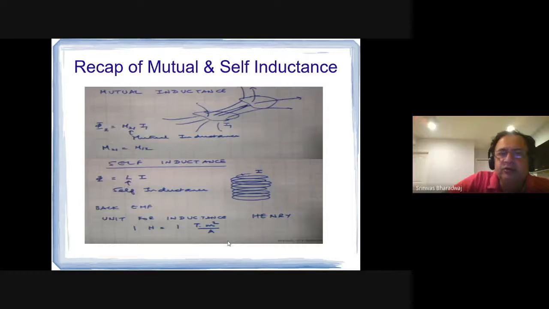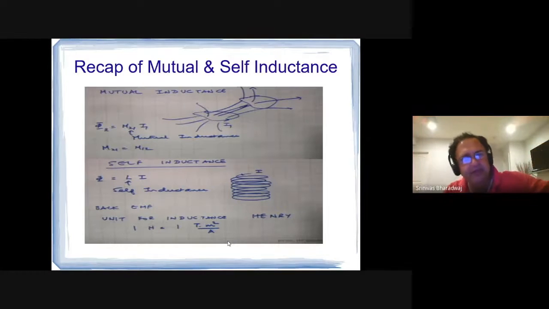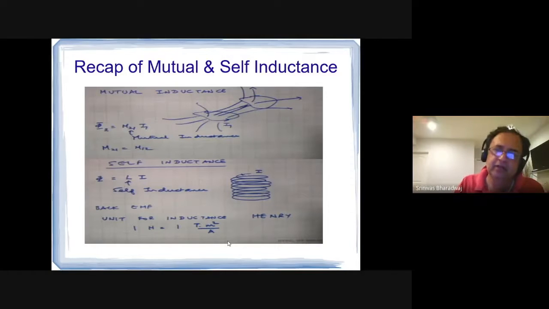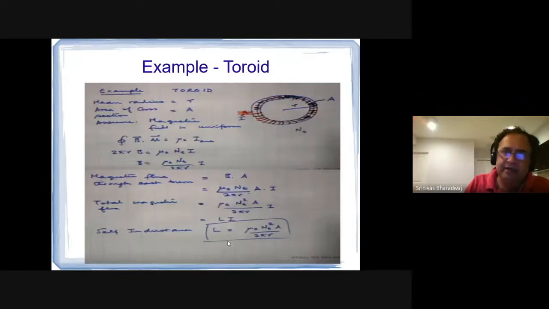We thus ended up with two kinds of situations. One is the transformer, which is based on mutual inductance, where there is one loop and then there is another loop. You pass a varying current through this loop, it produces another varying current in the other loop. That is a transformer. Then you had the self-inductor, where you had only one loop, so it induces a current in the same loop. You pass the current through it, it will then induce a current. Therefore, you have EMF equals L di by dt.